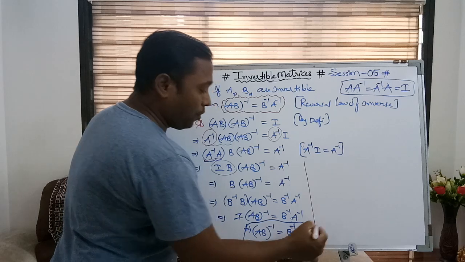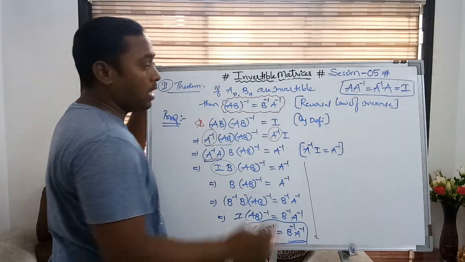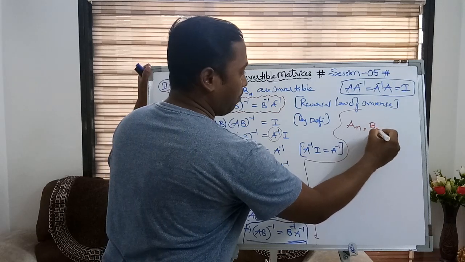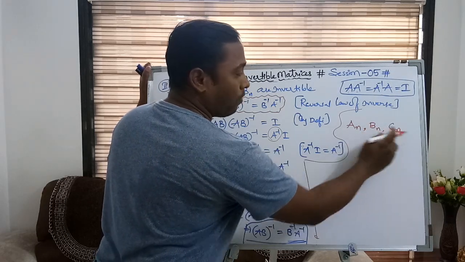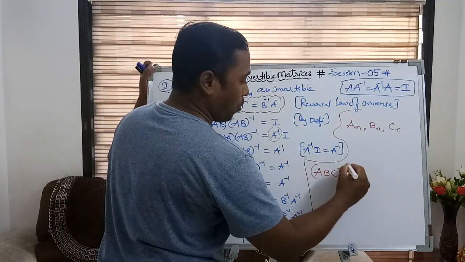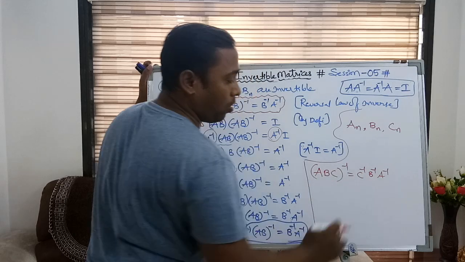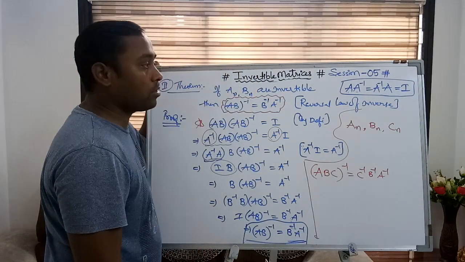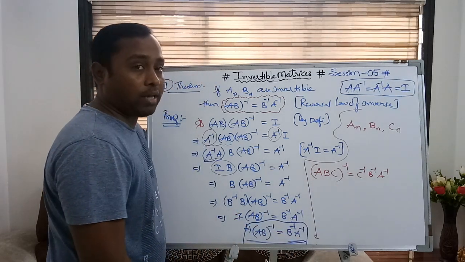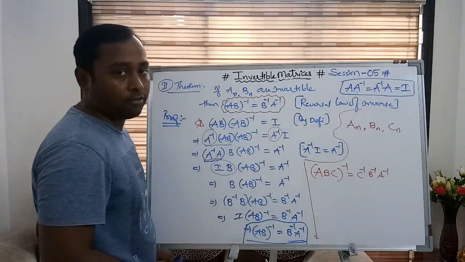Now if you observe this theorem, we can generalize it for n number of matrices. If there exist three square matrices A, B, C of the same order n, then you can say ABC whole inverse is equal to C inverse into B inverse into A inverse. Reversal law of the inverse matrix, reversal law of inverse. Okay, so you may apply it for n number of square matrices of order n which are invertible. Condition is which are invertible individually.